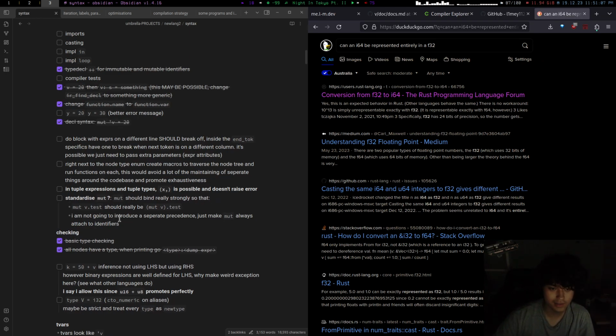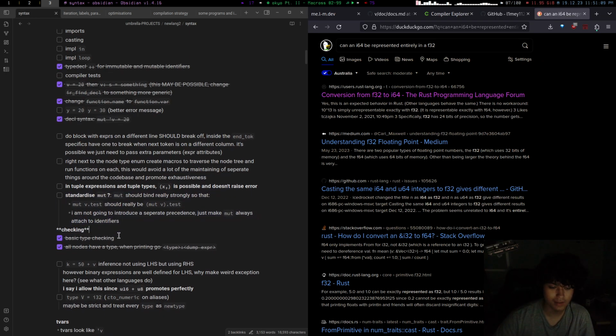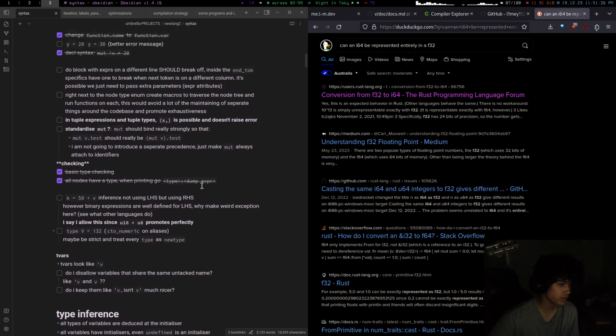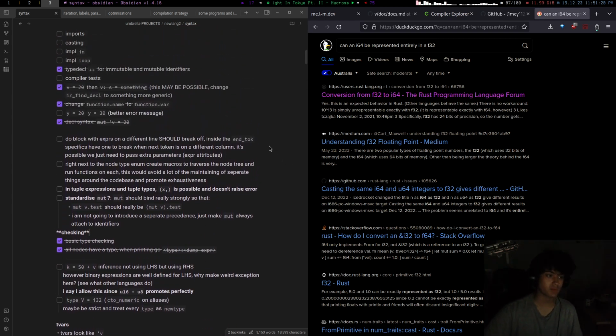I have to do other expressions, but once I get the AST type checker, I can start generating assembly code. I can start generating another form of intermediate representation. I think the last thing I need to do before that is closures, because I'm adding closures to this language. It's a functional language.